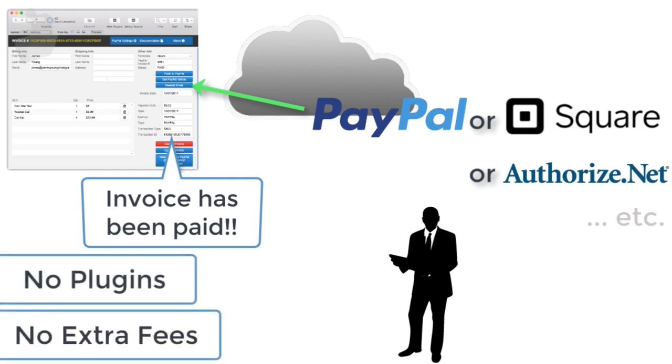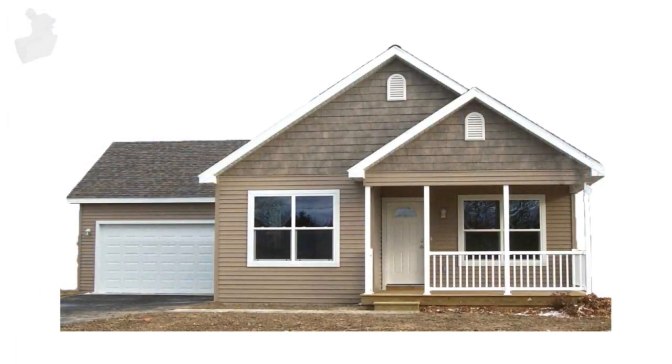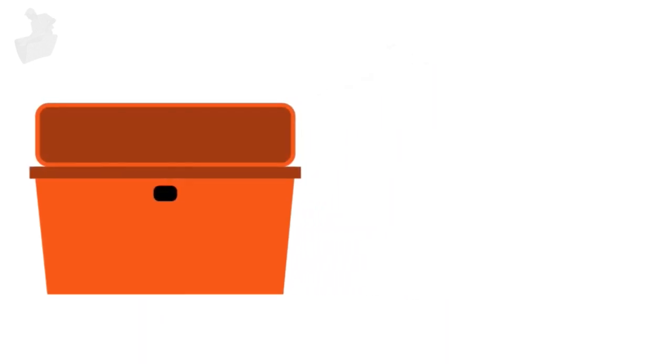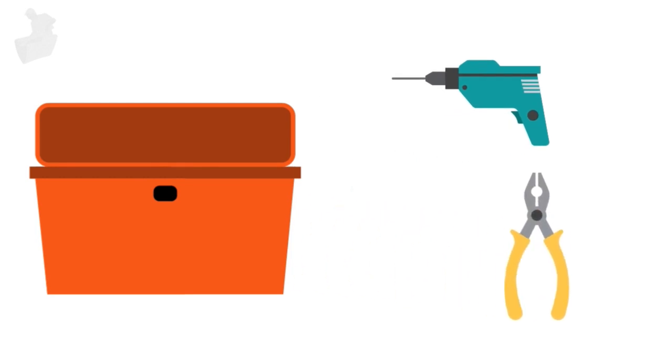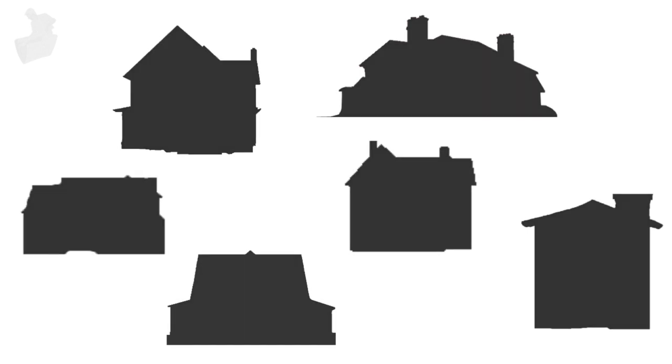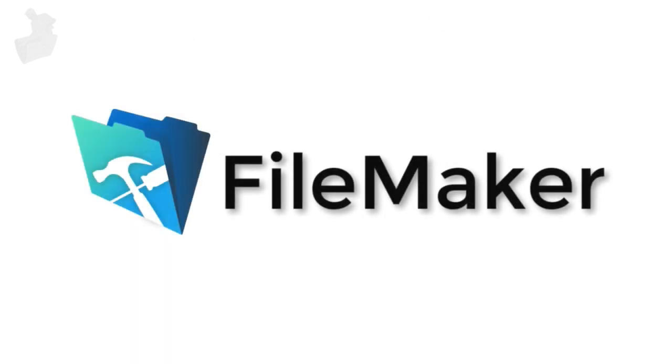But once again, if we use an analogy, this is one kind of custom house that you could build with the parts that you could get at Home Depot. What kinds of homes and offices could you build from the parts from Home Depot? Any possible house or office can be constructed. There's really no limit to what you can do with a great set of tools and supplies, and that's just the way FileMaker is. FileMaker provides a great foundation with great tools for you to build a custom app to